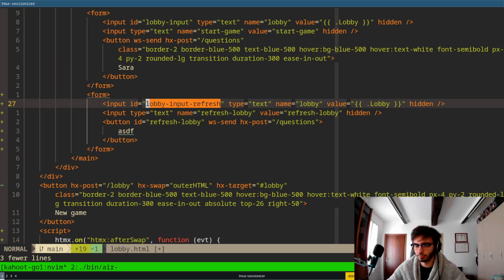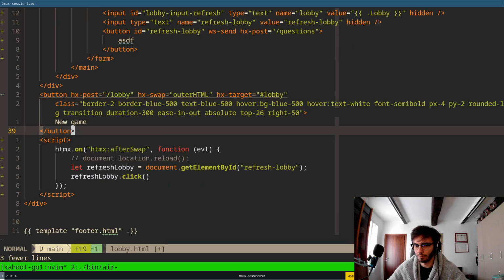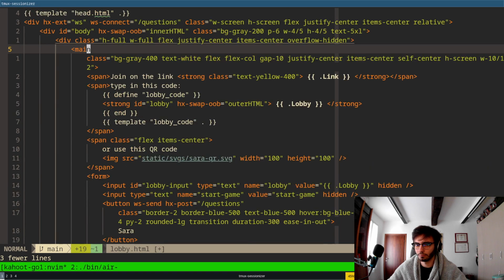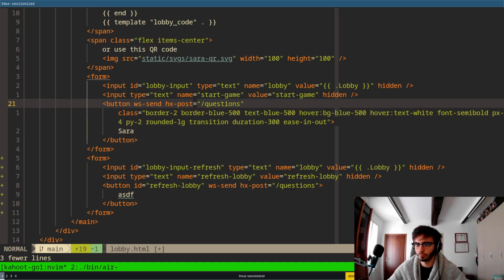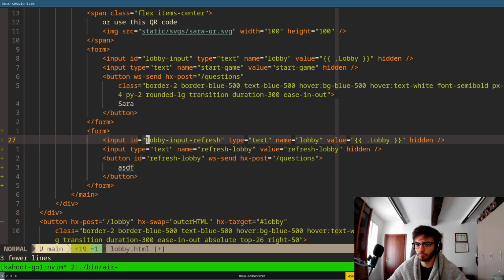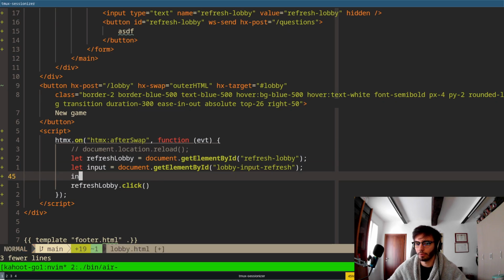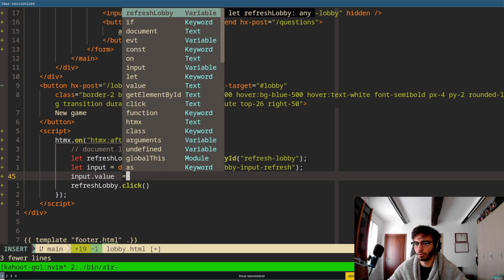We want to pick it up in the same way. Yep. And we want to put input.value equals to,